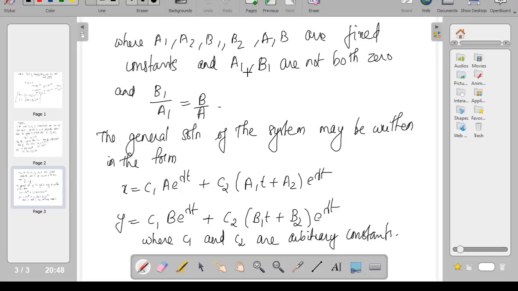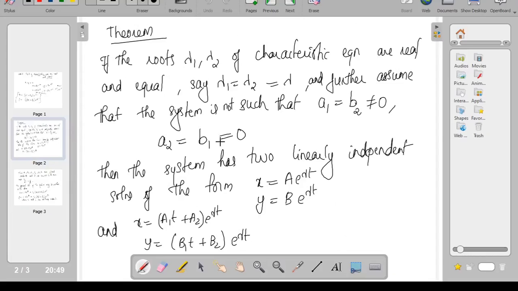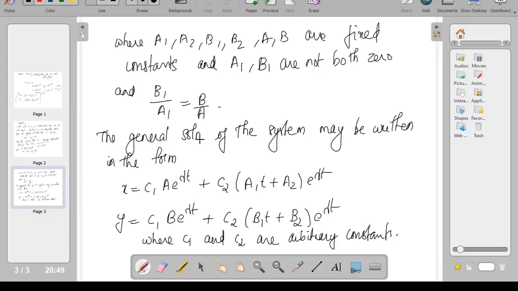If a1 and b1 are both 0, you will again get solutions that are dependent in that case. So you will have b by a equal to b1 by a1, and a1 and b1 are not both 0,